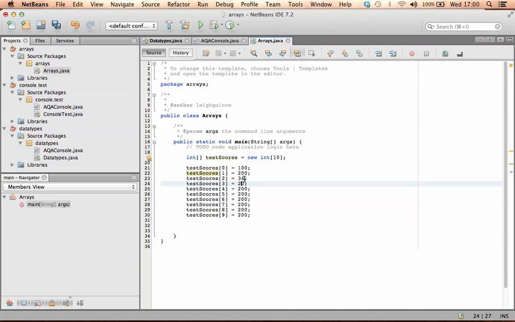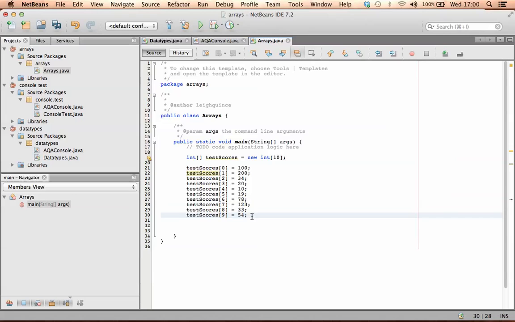So 34, 20, 10, 19. You can just add whatever you like to these. And okay, so I have an array called test scores, and at each different position of the array,